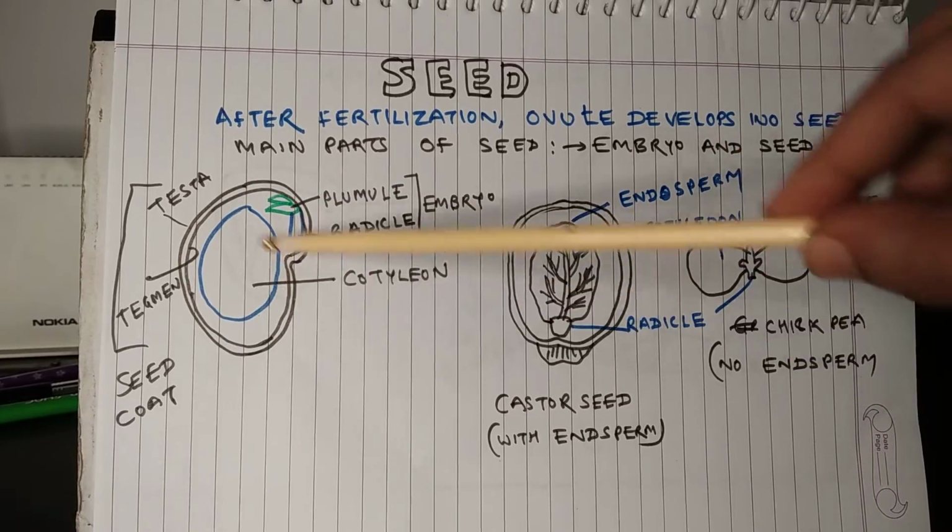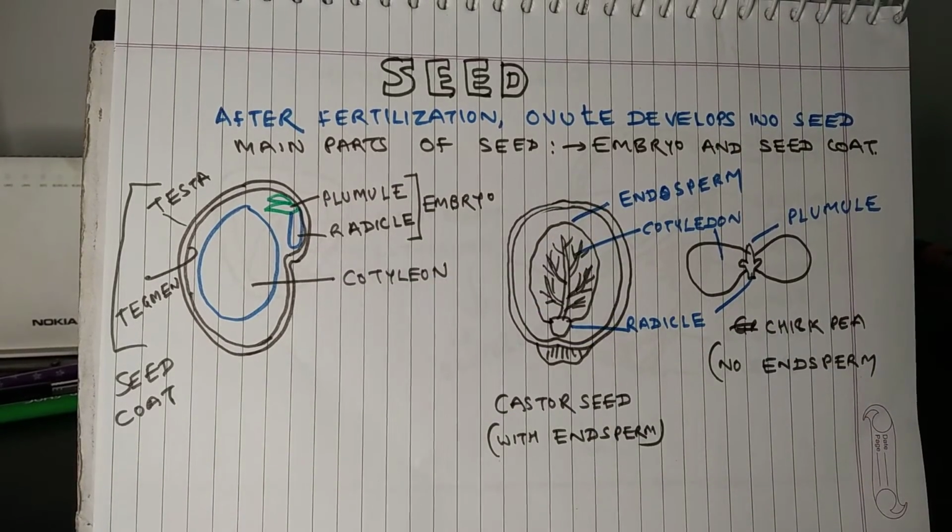This portion is the cotyledon, which supplies food to the growing embryo. Besides the cotyledon, there is another structure in the seed called endosperm, and endosperm is a reservoir of food. So if you can recall